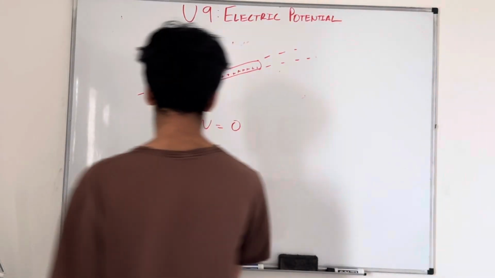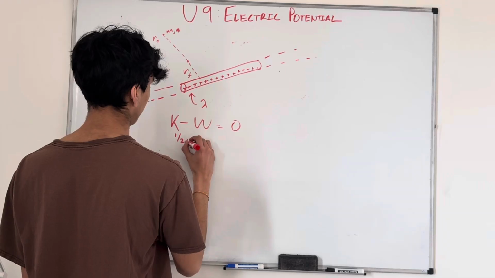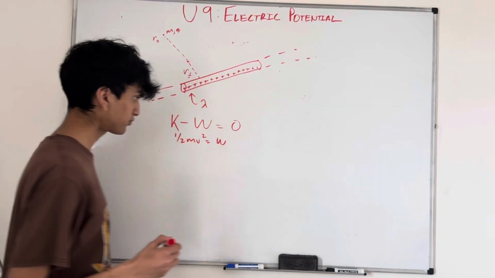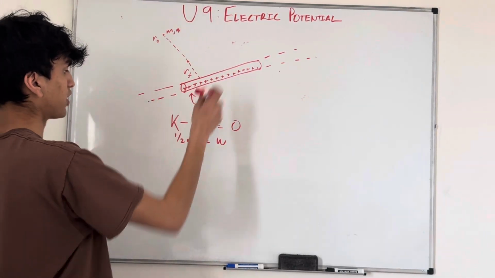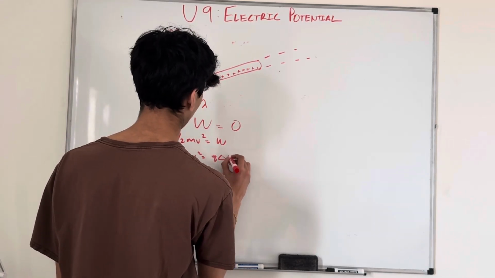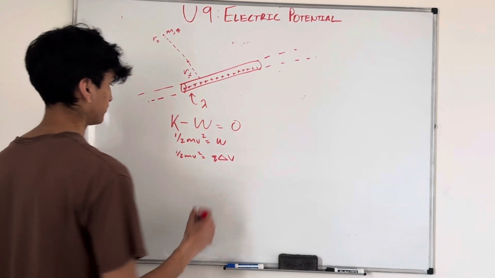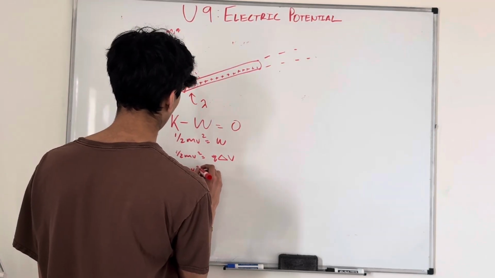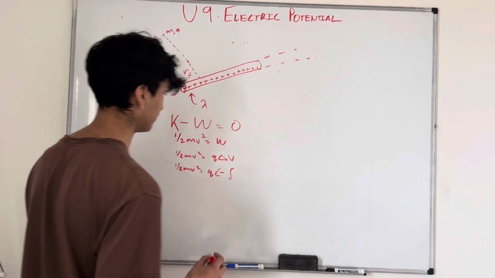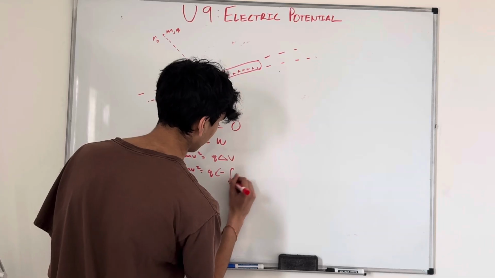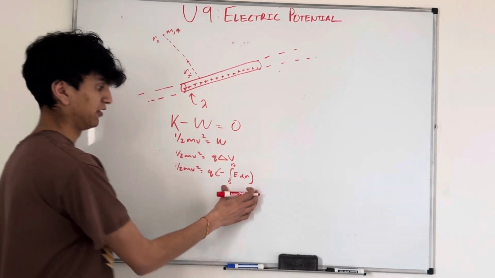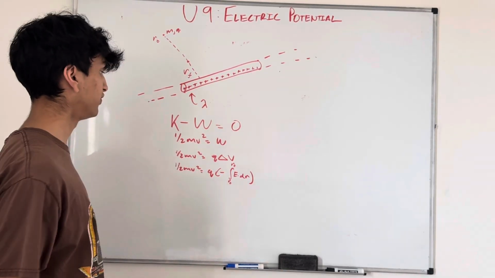So I know that the 1/2 mv squared is going to equal the work done by the rod. This is really just the same thing as Q times change in V. And we know that the change in V is just the negative of the integral from r initial to r final of the electric field dr. Why would we care about this? Well, we know that the electric field,